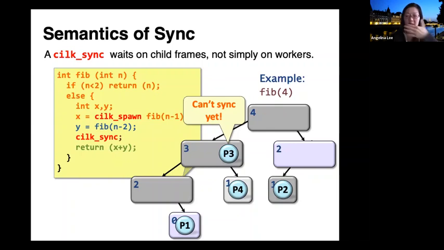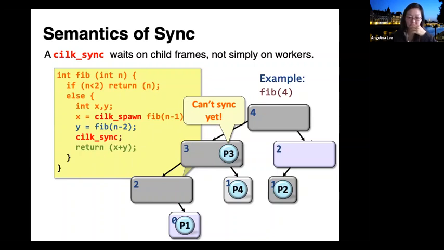In this particular case, in the fib(4) example, fib(3) may hit the Cilk sync, and maybe in the previous execution, worker 1 is still executing a subroutine that is spawned by fib(2), which is spawned by fib(3).